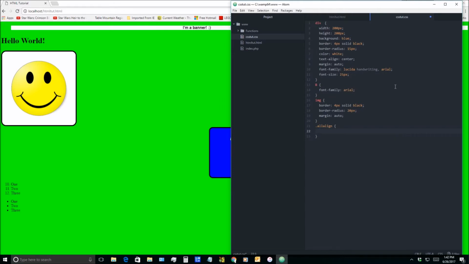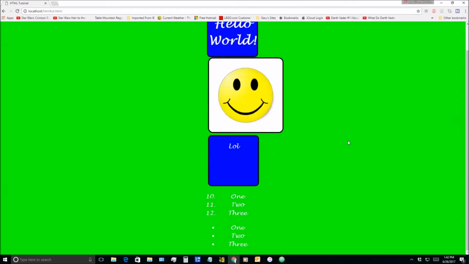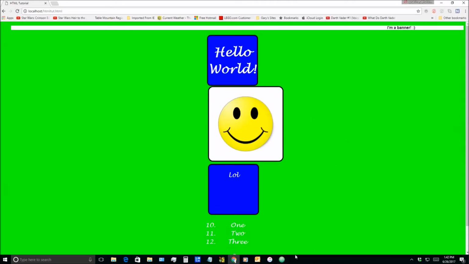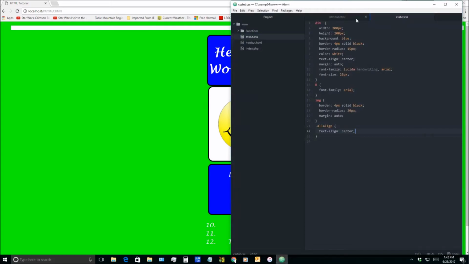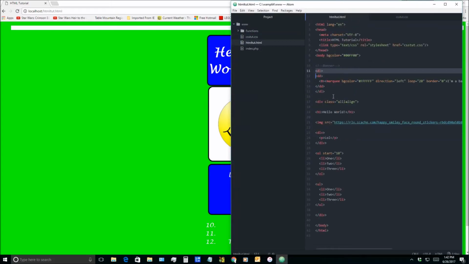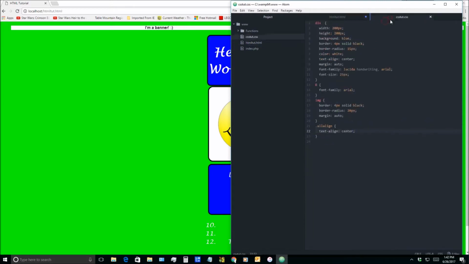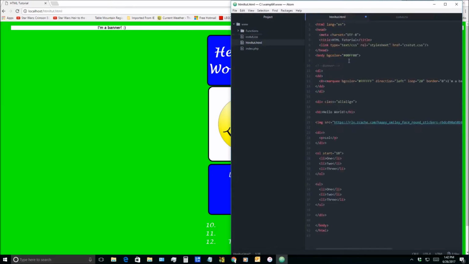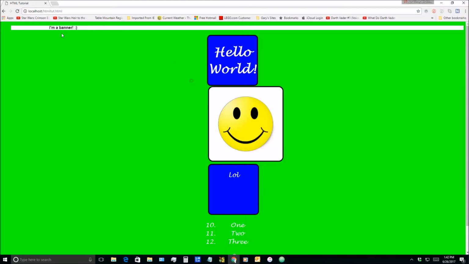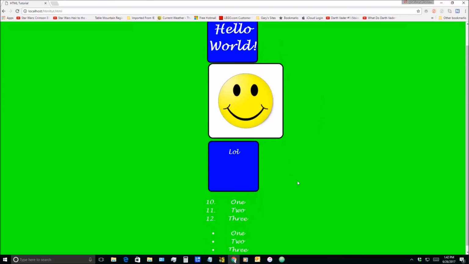So again, we used the text align center here. So I'm just going to copy that and put it down here, or you could type it, whatever you want. But it'll have the same effect. So that should align everything on your entire page. Oh no, I did something wrong. Oh, whoops, 3 L's. I'm not sure why it worked then. Okay, that was confusing. Anyway, as you can see, we have all that stuff, but it's presented us with another